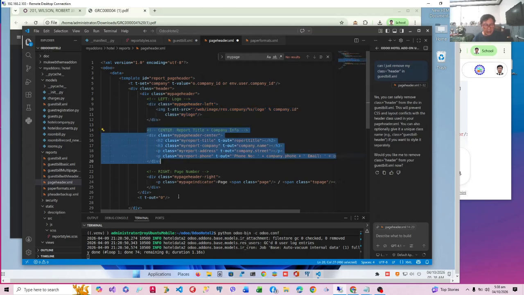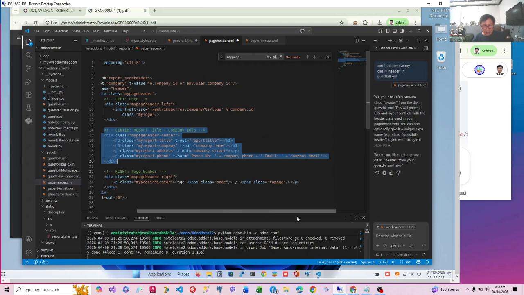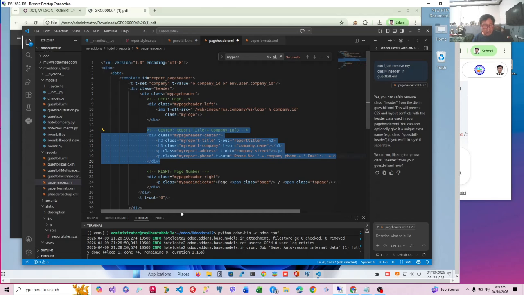And the right div contains our page number. Now in QWeb, you have a class called page, which will show the page number, and the to page, which will show the total number of pages. And then we will have a t-out here like this, because this will allow us to insert additional headers in our actual report, specific to the report.